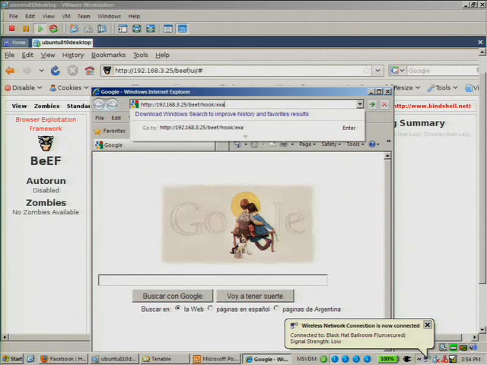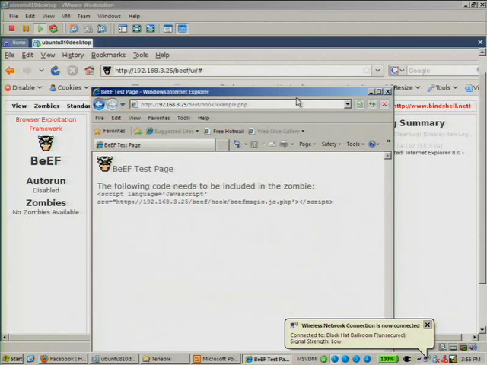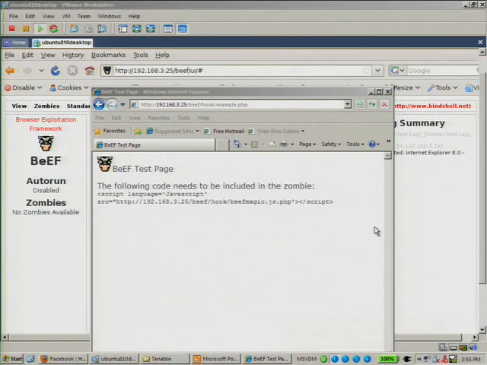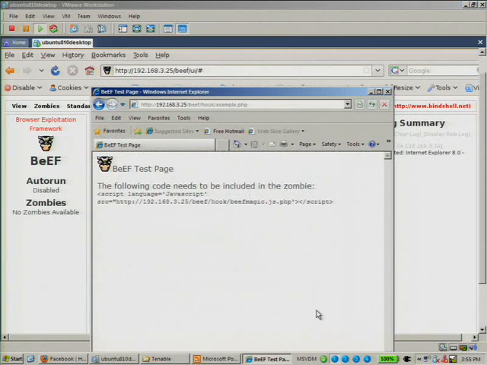If you have used BIF before, you will recognize this URL as it is the default connection page for BIF. So once the user is visiting